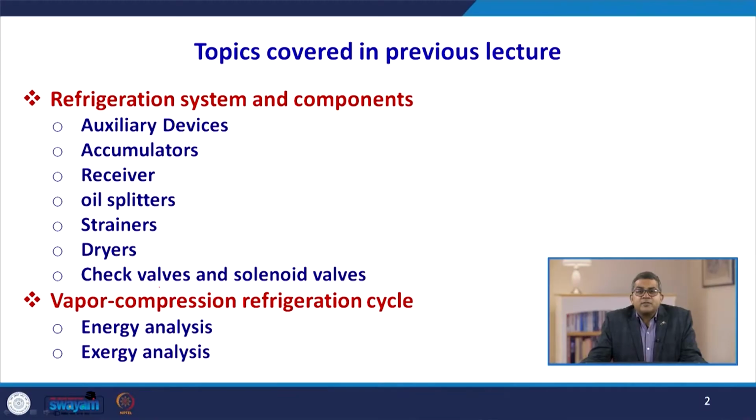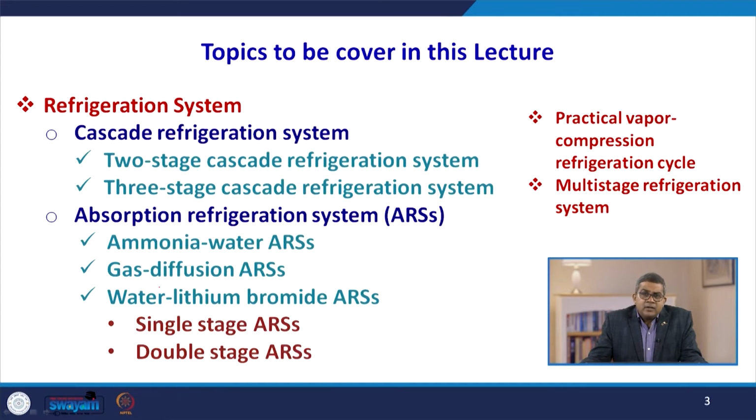various kinds of auxiliary devices: accumulators, receivers, oil separators, strainers, dryers, and we had a discussion about the check valves and solenoid valves. Apart from this, we performed the vapor compression refrigeration cycle under the lens of energy analysis and exergy analysis. Now, in this particular lecture, we are going to discuss the refrigeration system, in which we will discuss